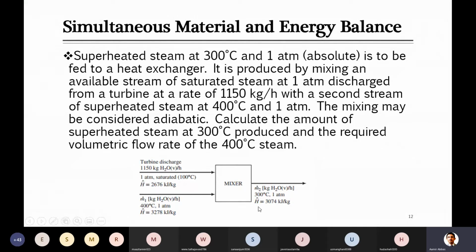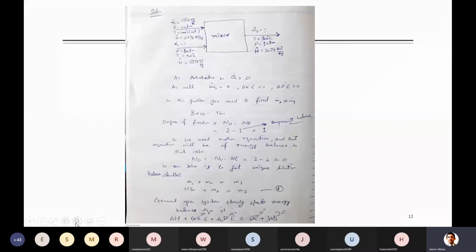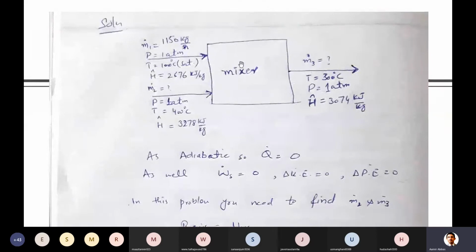By the way, here he mentioned enthalpies, from where they come? Specific enthalpy. Steam table. Yeah, steam table he has found at the given condition. You guys can go there. Now you know already how to read the table of saturated and superheated steam, so you guys can easily find them, even if they are not given. So let's look at this solution. I have done it for you.